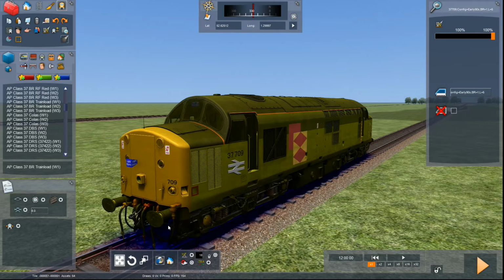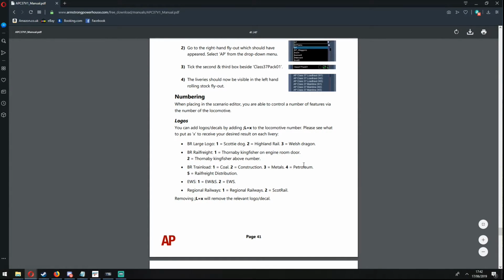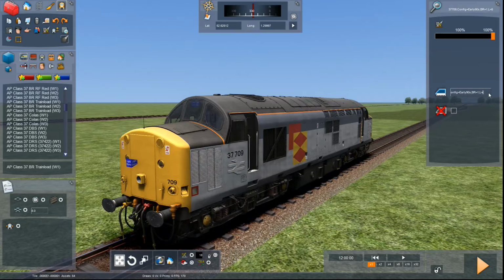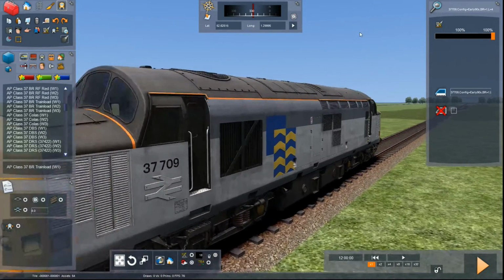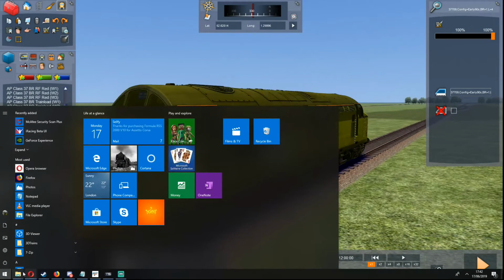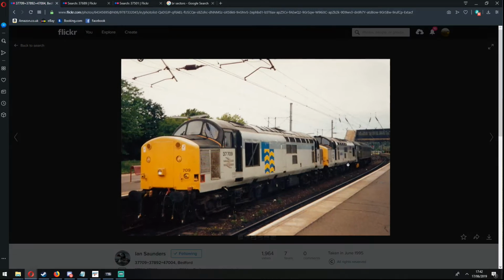Well, that's why it's obviously wearing the rail freight distribution livery, because it's got 5 on the logo bit. We want petroleum, so we're going to change that 5 to a 4, look there. 4 equals petroleum. So change the 5 to a 4, and there you go, you've got your petroleum sector markings on there correctly. Now I'm going to have to find another photo of 37.709,